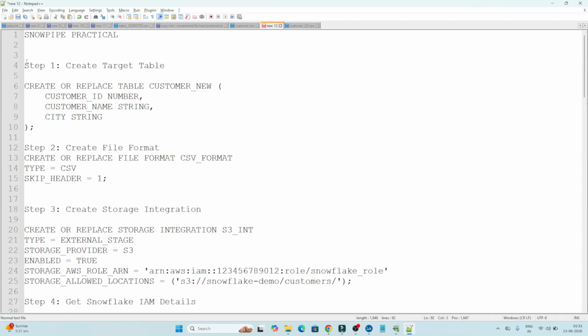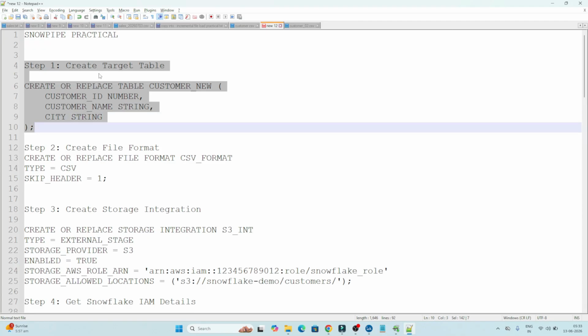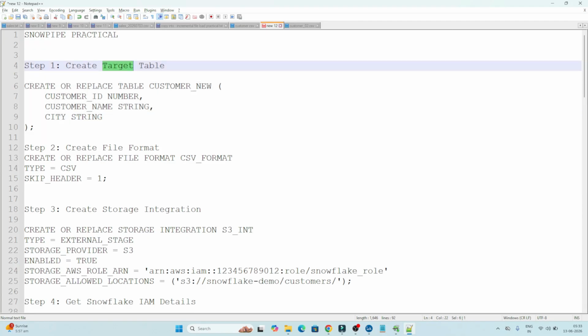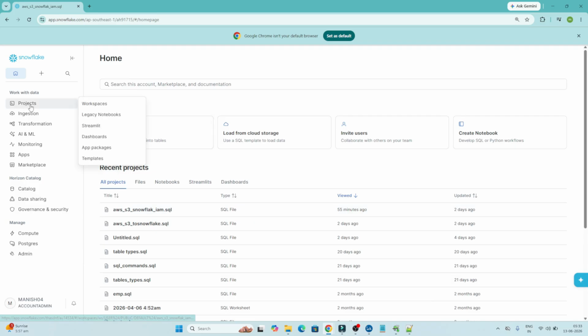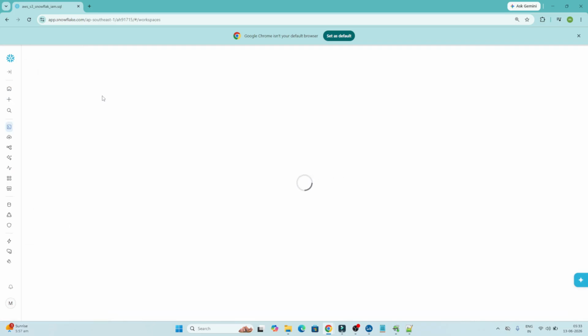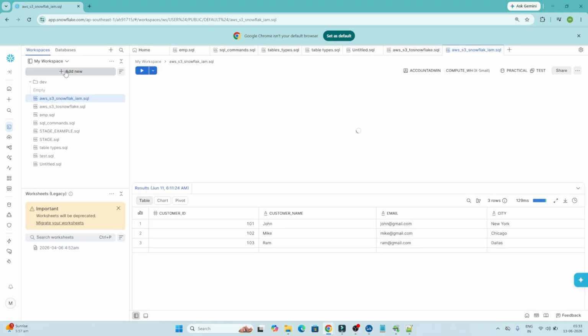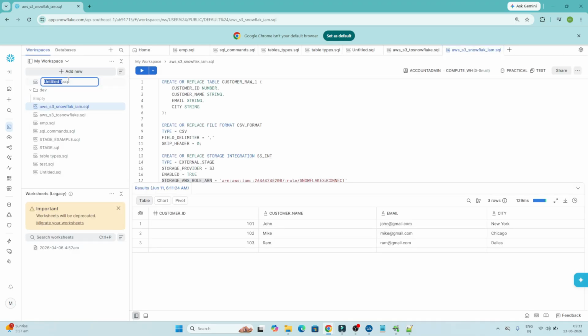So what is the first thing we are going to do? First we are going to create a target table. So I'll open my Snowflake account. So this is my Snowflake. I'll go to the workspace, and here I will create a new file. Click on add new SQL file. We'll give the name as Snowpipe,